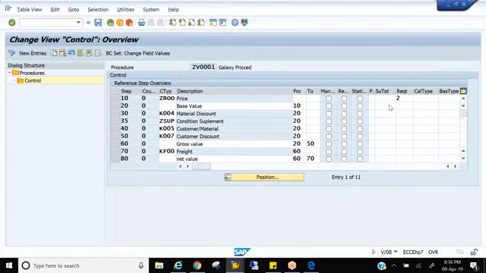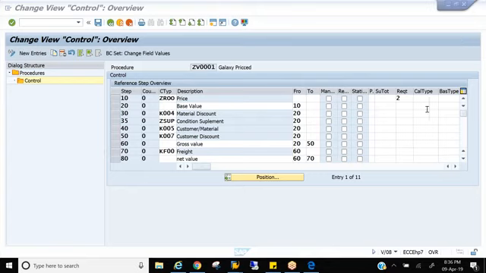So that is the routine. After routine, the next is calculation type. Calculation type and base type are both formulas. You will understand these much better in the coming session when we discuss free goods. If you don't understand now, don't worry. At the time of free goods you will understand this better, because for free goods we have two formulas, 28 and 29.